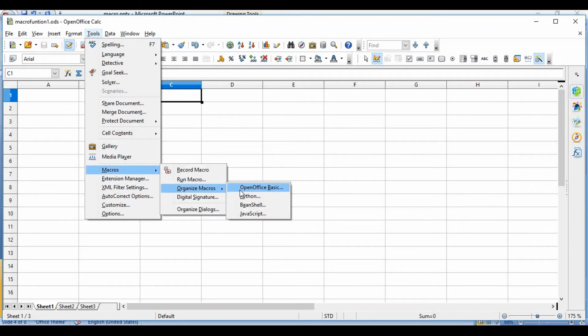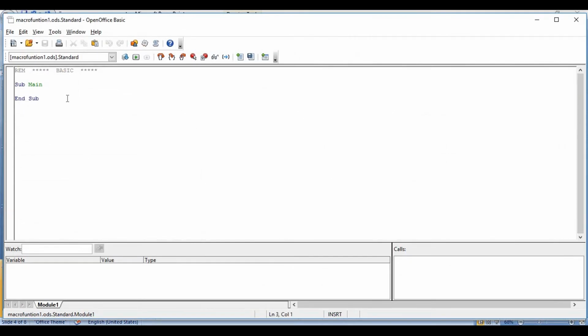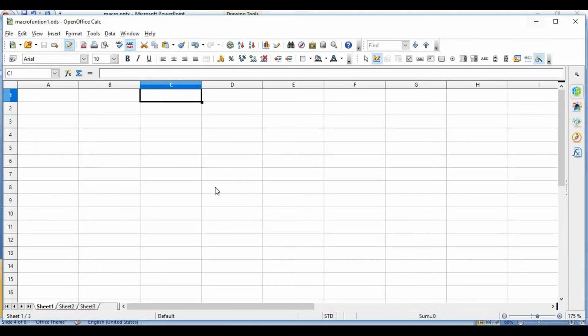After that, open Office Basic, select this, then click the Edit button, then press the Enter key. Main is necessary; without Main, the program cannot execute. Here you have to paste your code, then remove this. After that, click the Save button. Now it is saved. Minimize.